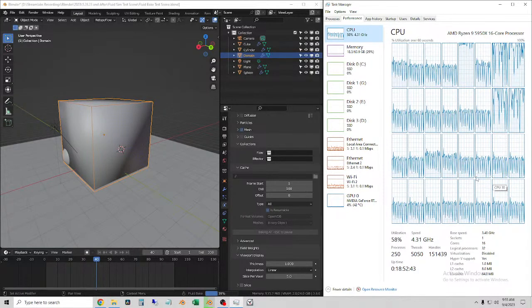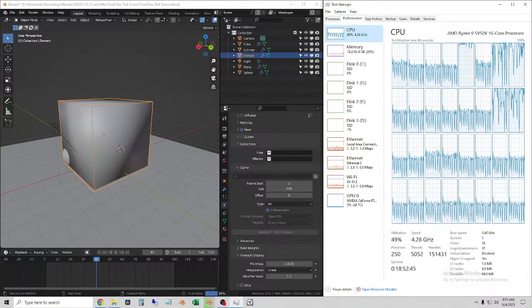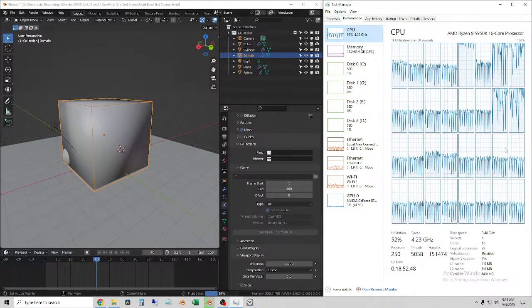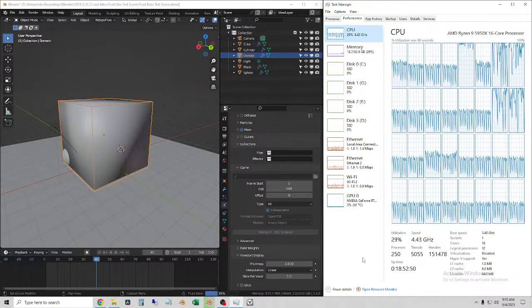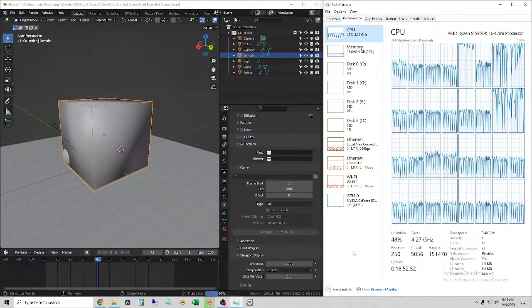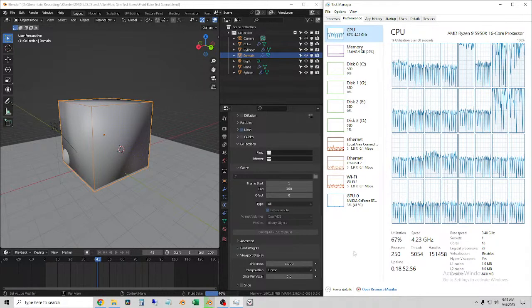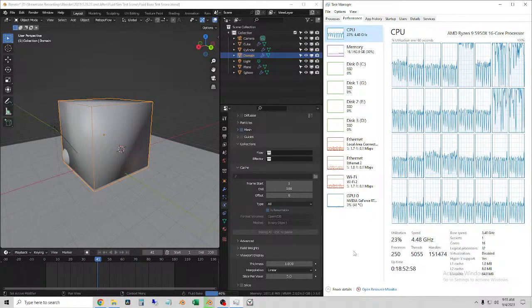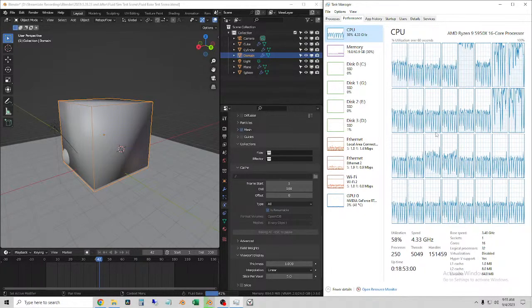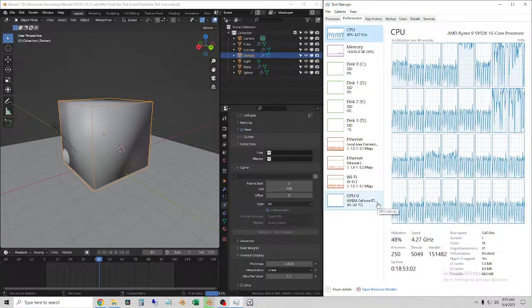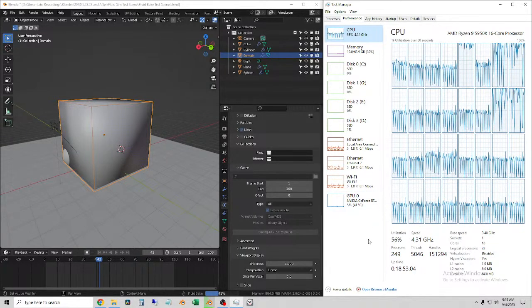Ideally, to test multi core, we'd want every single one of these threads to be at near 100%. I'm just thinking that we probably won't get there because it looks like this simulator can't really run the CPU that efficiently,